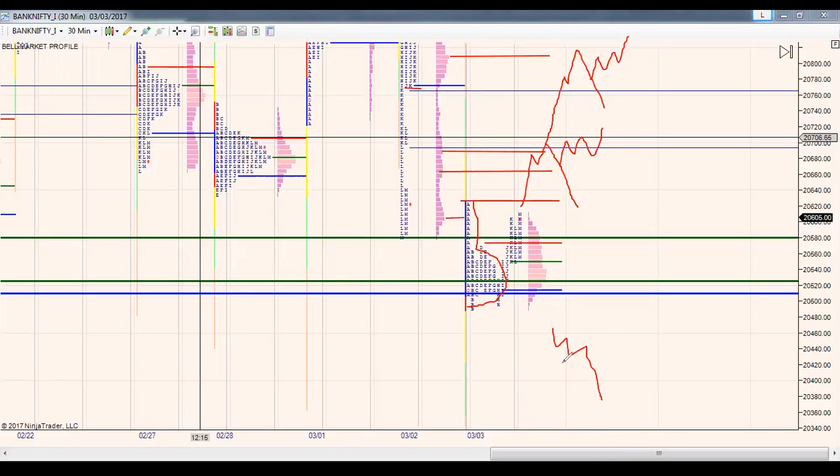So this is also applicable to Nifty, but more possibility here, because in Nifty we have actually closed above the initial balance high, and that in itself suggests that the bulls are in control. Not so much here, but here also we are closing above the value area high, so that again puts the ball in the court of the bulls. But I think it is better to let the auction develop itself and then take a call.